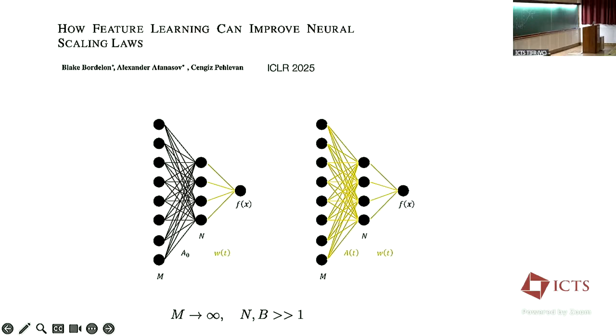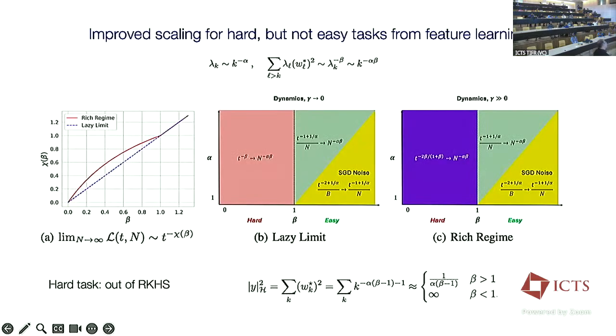So M is going to be, again, the features of the infinite width kernel, so that's infinite. N is going to be the layer width here. In the equations that I'm going to show, you're going to see B. In this particular version, we are also considering a mini batch, meaning at every step, we sample a batch of size B from this underlying distribution.